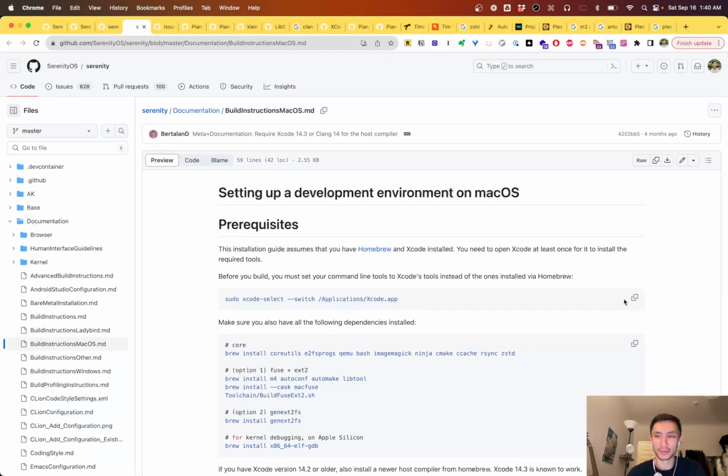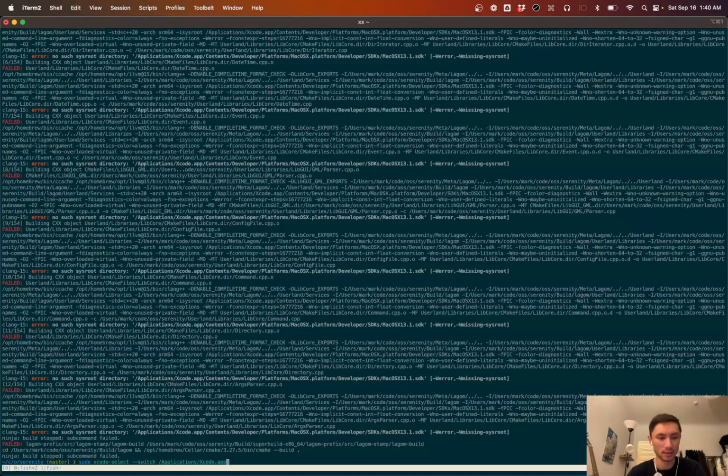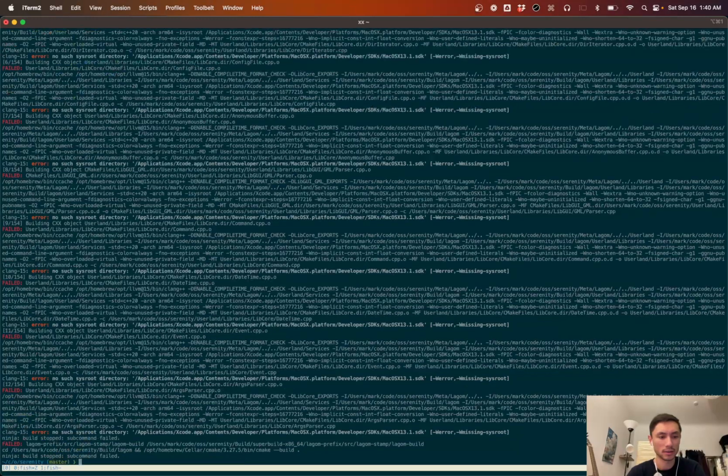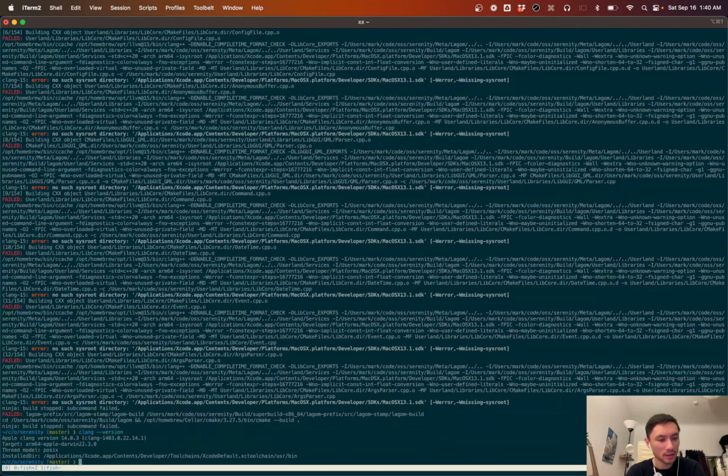Maybe if I run this command again. Nope. Man, I am missing a sysroot. Also, why is it still using this path? Because I no longer okay, I'm